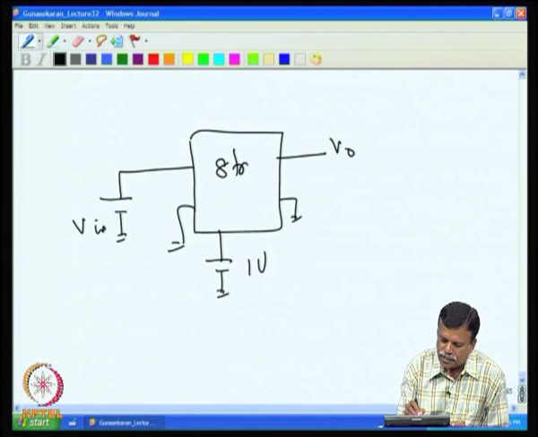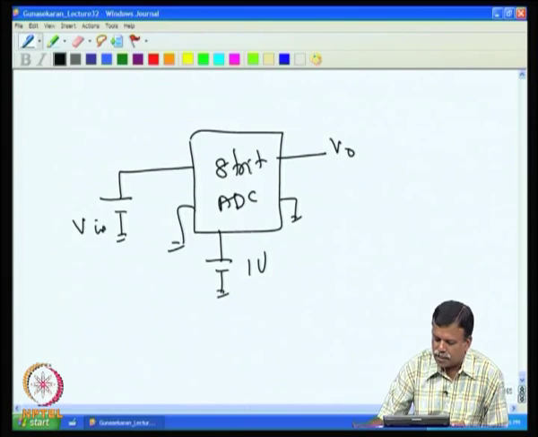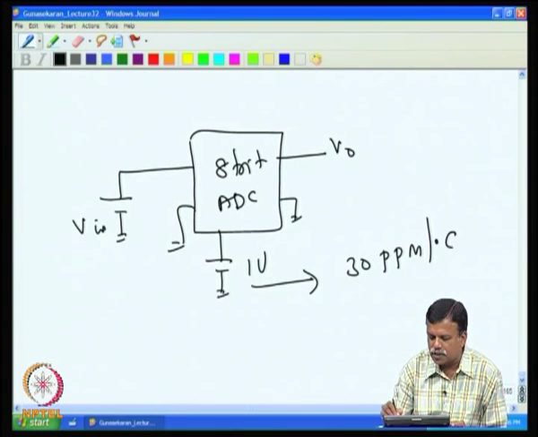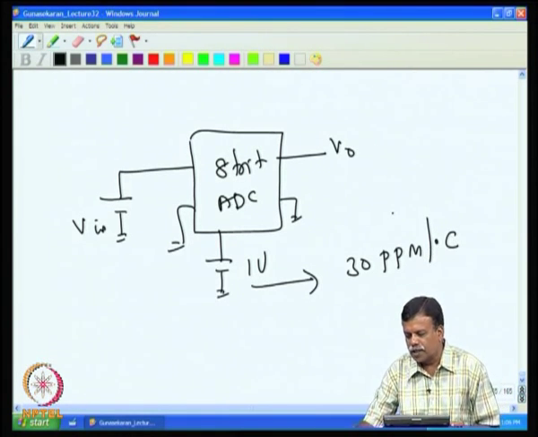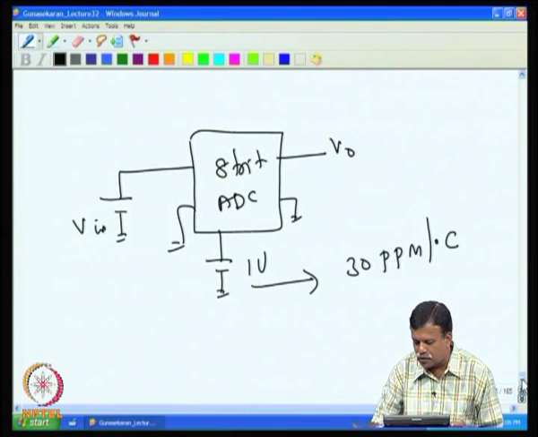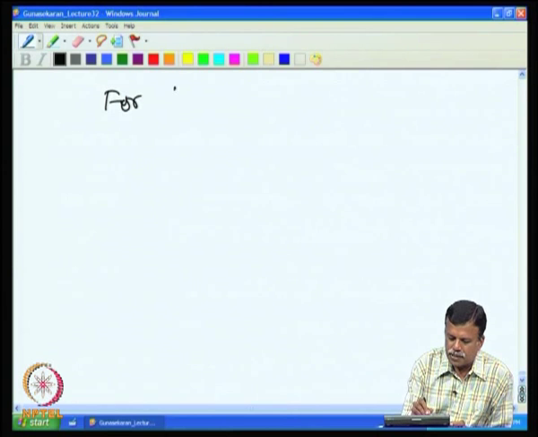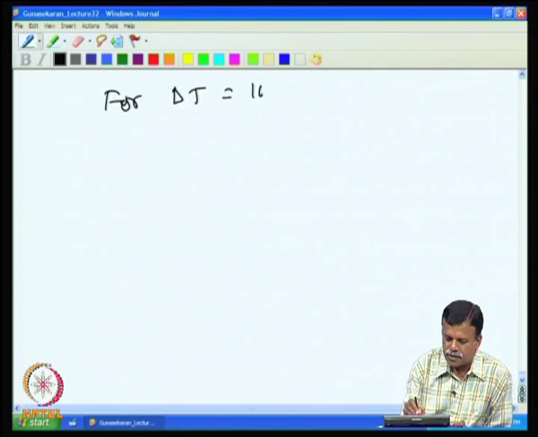So, we take an 8-bit ADC. If we take a regular Zener, we have for example 30 ppm per degree C drift Zener used, then for delta T equal to 100 degree C,